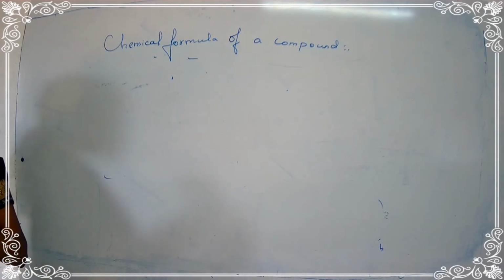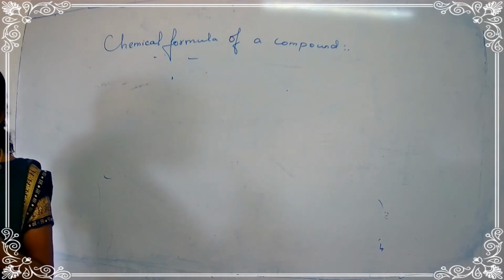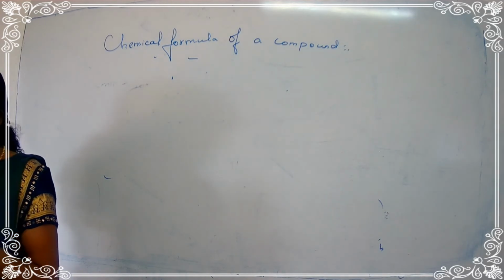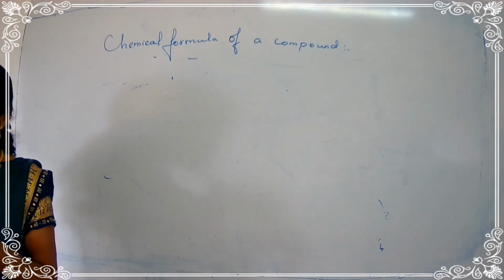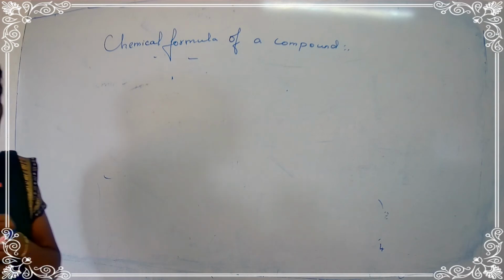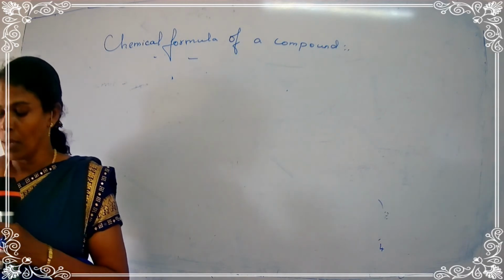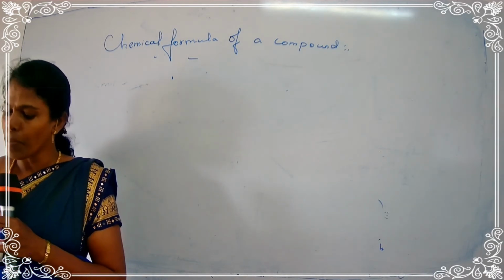Now, the third point says, write the valency of these as shown in the example as superscript. Already I told you superscript, that is mass number. It should be written on the right hand side of the symbol. The next, cross multiply the valency for the respective ions. Two ions may be there, so we should cross multiply the valencies. Next point, write this number as subscript next to the symbol on the right side.